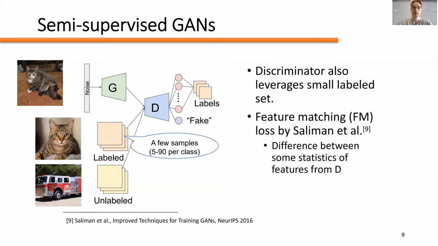So to address this, Salimans et al. proposed the use of feature matching loss. This new loss function computes the difference between the middle layer feature outputs of the discriminator for the real and the fake data. This loss is then a measure of how statistically similar the features are for the real and the fake samples. In this way, the generator is trained explicitly to produce samples that closely resemble the real features that the discriminator is using to classify the labeled data.